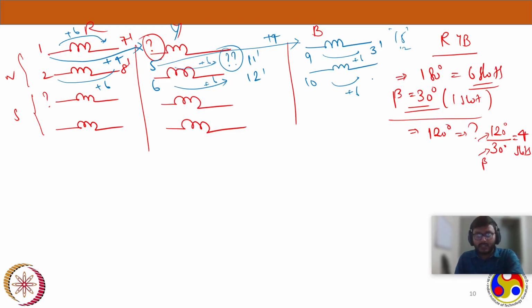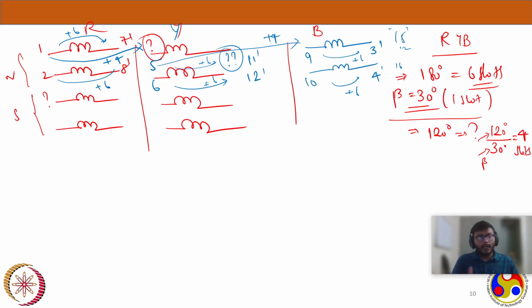So what will be the number for this one? It's 16. It means it is 4 dash. So this is how we completed all the coils under the north pole in all 3 phases. Now what should be the next coil in the next south pole? So